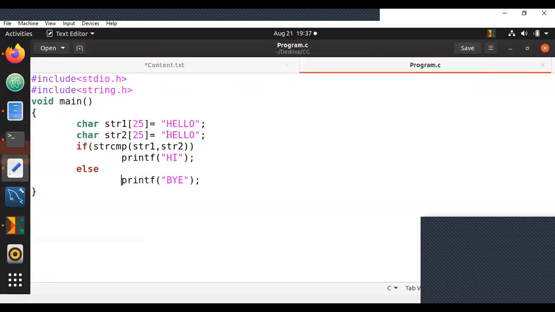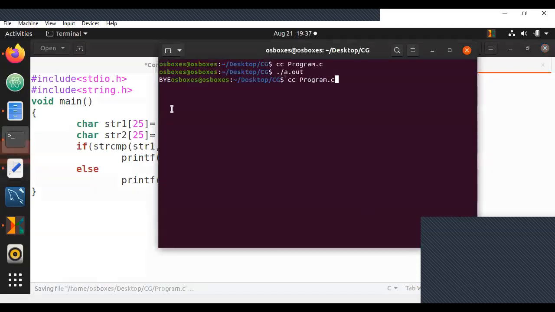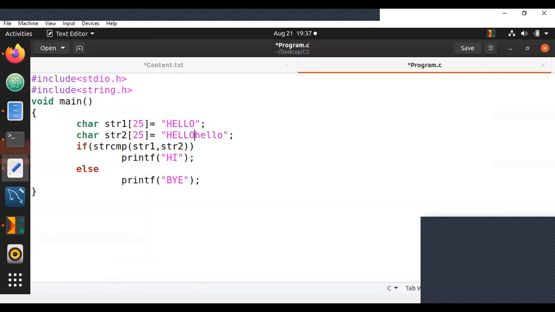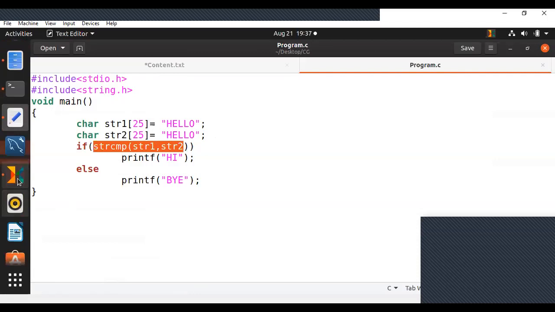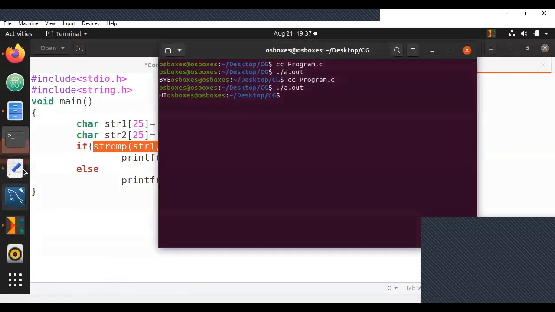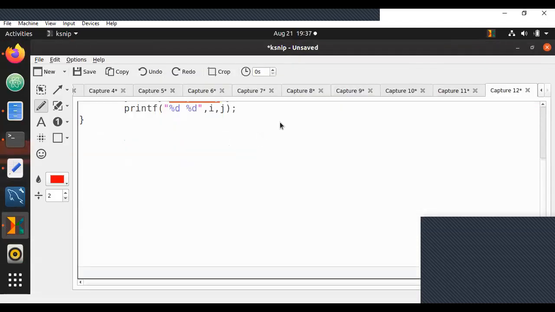Remember, whenever you compare two strings, if they are equal, it will go to else. If they are not equal, then it will go to if. Now, why is that the case? To understand this, you should know strcmp works in a very different way. Here's how strcmp works. Whenever you're comparing two strings, let's say you're comparing ABC with ABC. Yes, exactly. It returns 0 if true.